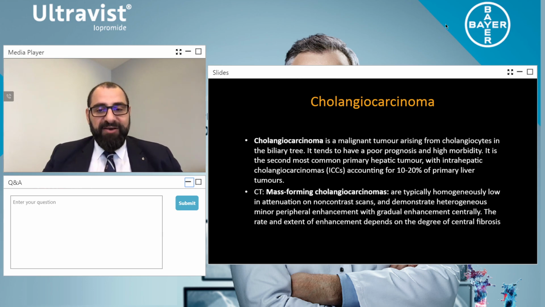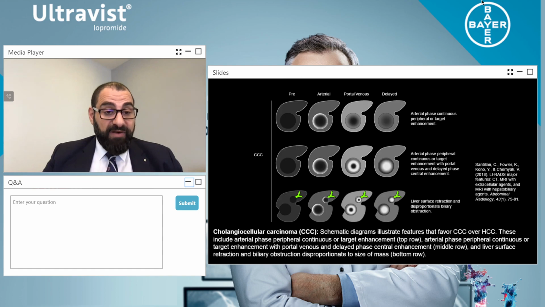Cholangiocarcinoma is a very aggressive tumor. The life expectancy once getting it is between 1 and 2 years. And it's typically homogeneous in enhancement pattern. So if I have a look at this image here, again, reference this, and this is taken from the LI-RADS. The cholangiocarcinoma can enhance, the wall enhances, and then the wall starts to fill in. This is very, very important because this is exactly what we talked about with hepatocellular carcinoma.